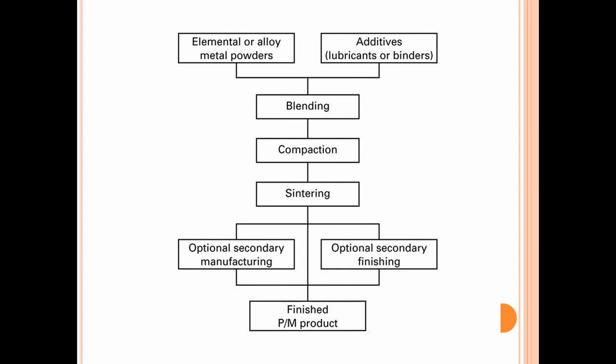Now these optional manufacturing steps are employed so that the mechanical, physical or chemical properties of the final products meet specification. Those properties will only come if you subject this sintered product to these optional manufacturing processes. We can take a simple example of a self lubricating type of bearing. Self lubricating bearings are powder metallurgy parts, manufactured using the process of powder metallurgy.